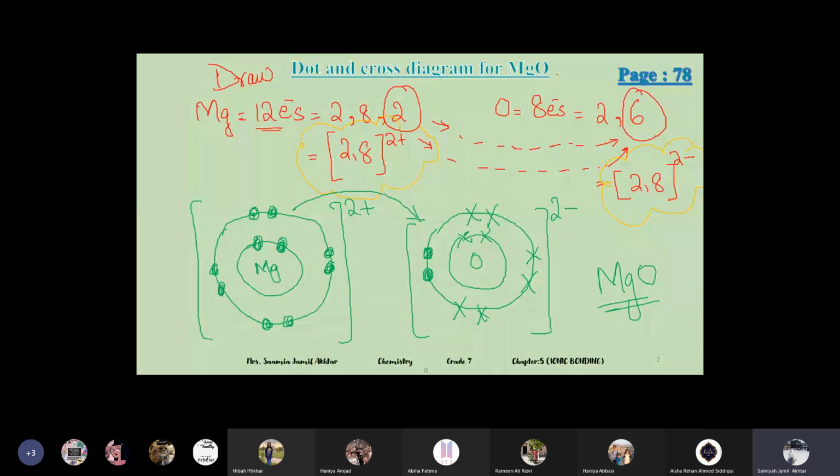Okay, and when you practice for the exam, you have to practice these compounds also, which we are practicing in class. The diagrams which are present in the book and also which we are practicing. I will practice more examples with you also, but later. Let's move on to the next topic.